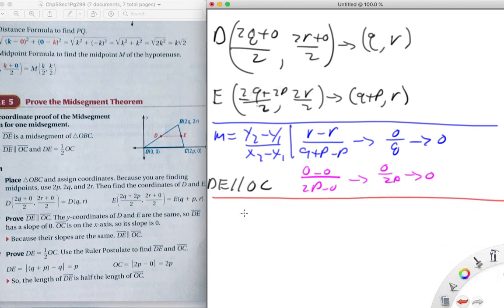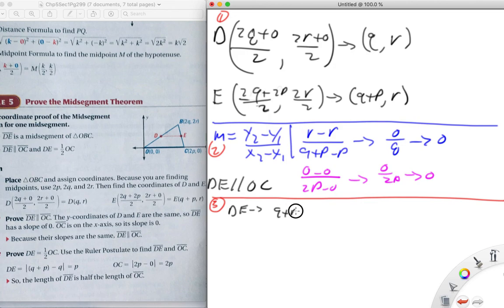Okay. Third step is step 1, 2, 3. We got to prove that DE is half of OC. Since they're horizontal lines, I can use the ruler postulate. But I think in this case, I'm going to do the distance formula just to show that it works either way. So you get the distance of this. This can be my 2's and my 1's. So for DE,